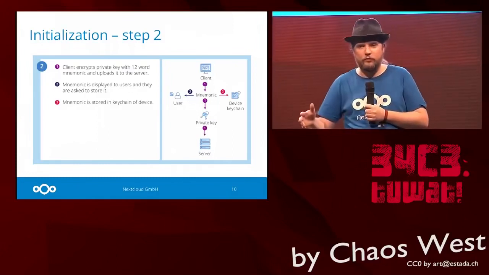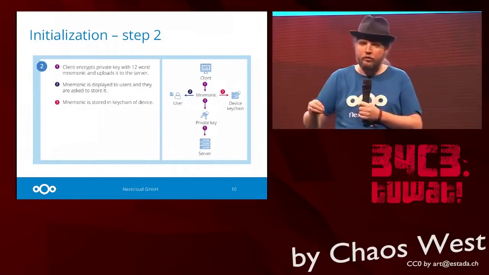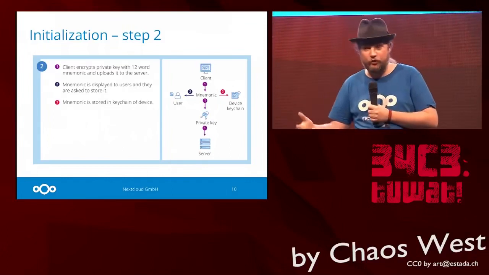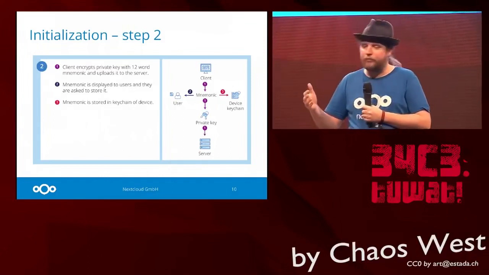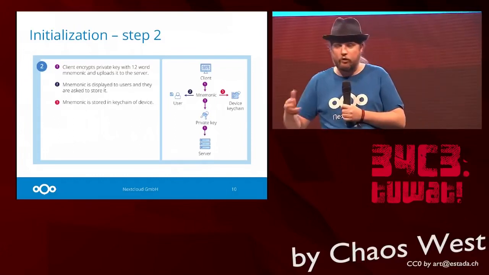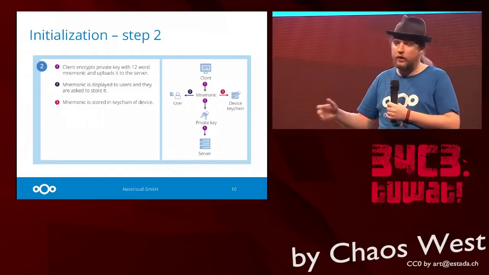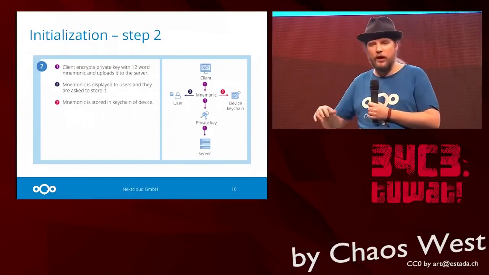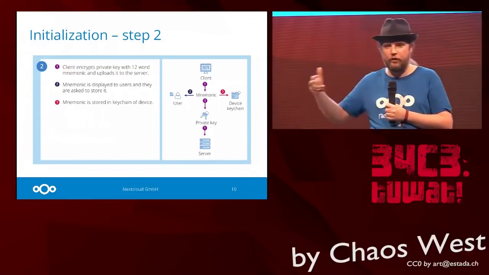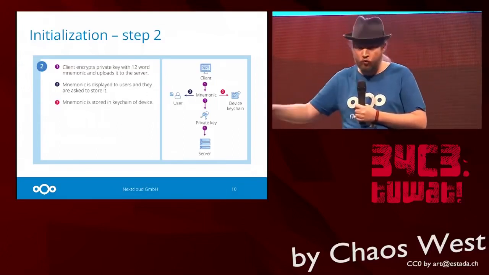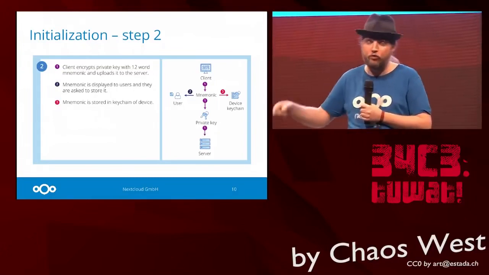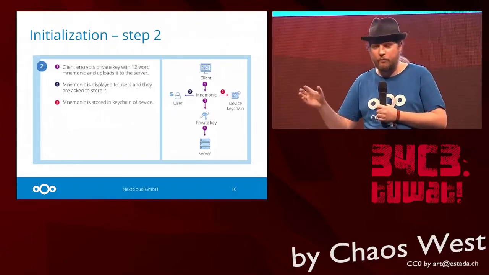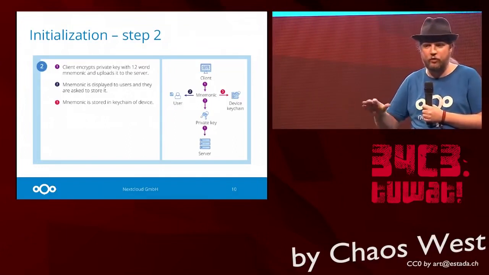So your mobile phone, which you now also initialize, will download the public and private key from the server. It will check the certificates, trust on first use, is what we use here. And then it will ask you for the mnemonic to decrypt the private key. So, well, either you take it from what you wrote down or you look on your laptop and you say, please show me the mnemonic. And then you enter the mnemonic on your mobile phone. It decrypts the private key, stores it in the keychain, also stores the mnemonic in the keychain so that if you lose your laptop and you need to reinitialize it, you can use your mobile phone. And done. We now have our public and private key on both devices and the server never saw anything.